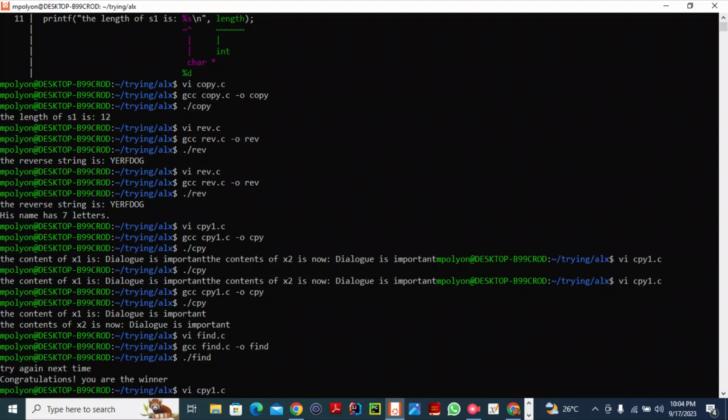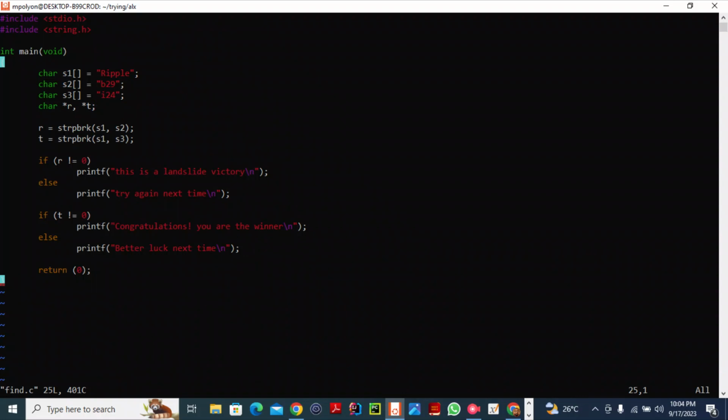So we have seen the importance of that particular function. Let's go over the code again. First of all, we declared our header files, and then we declared the source, or you can say the target string. The second string contains characters. The third string contains characters. Then we declare the pointer. The purpose of this pointer is to get the return value of the function